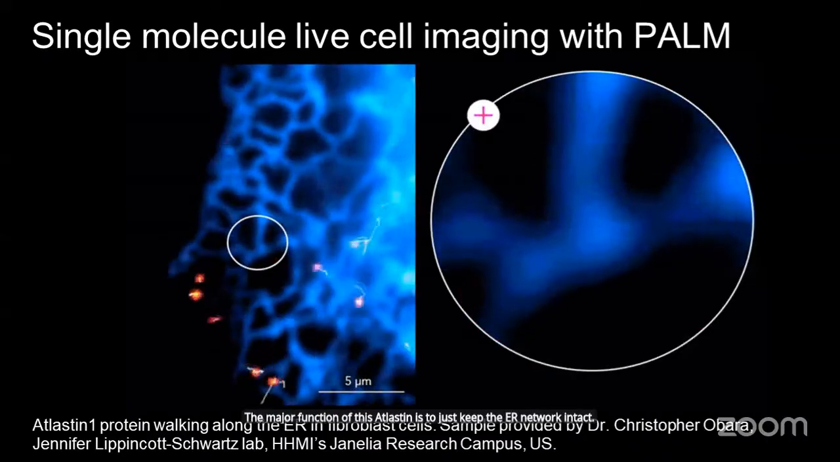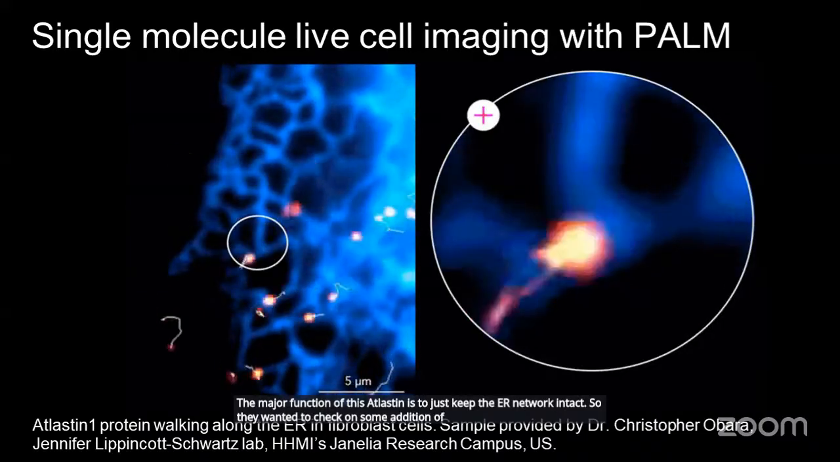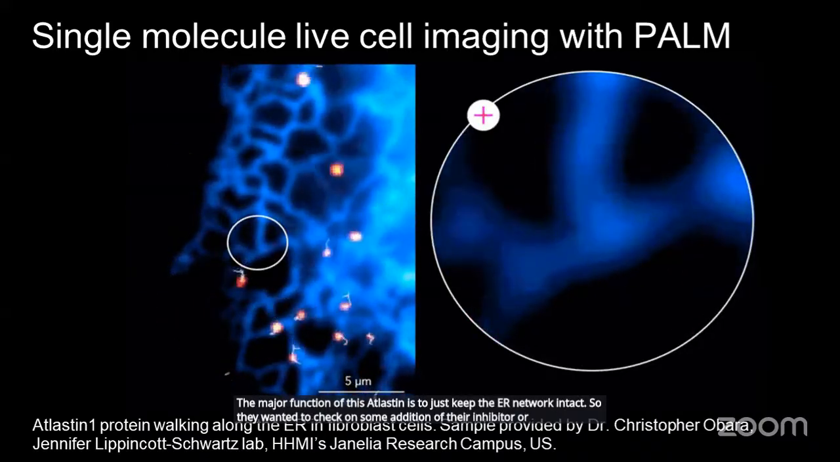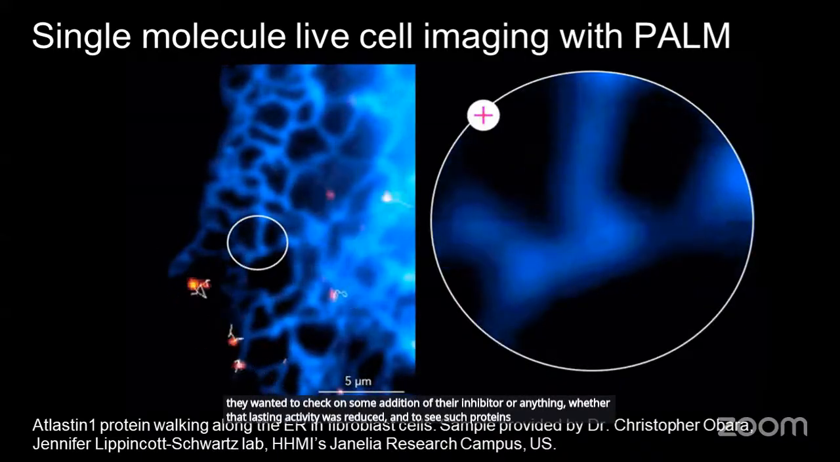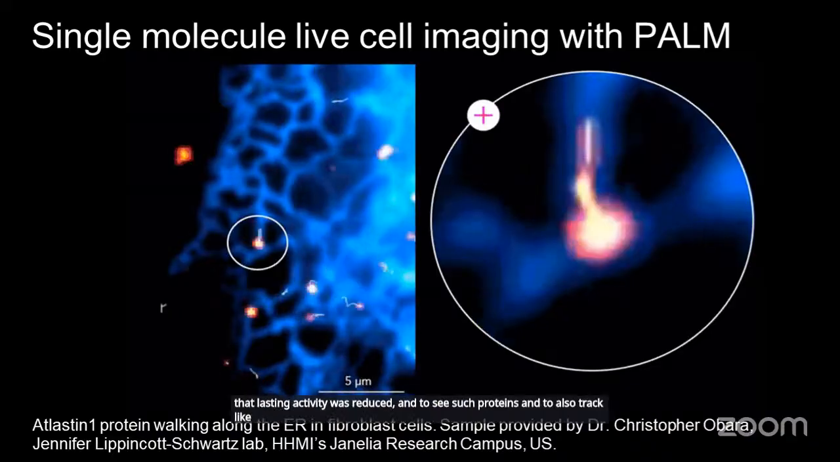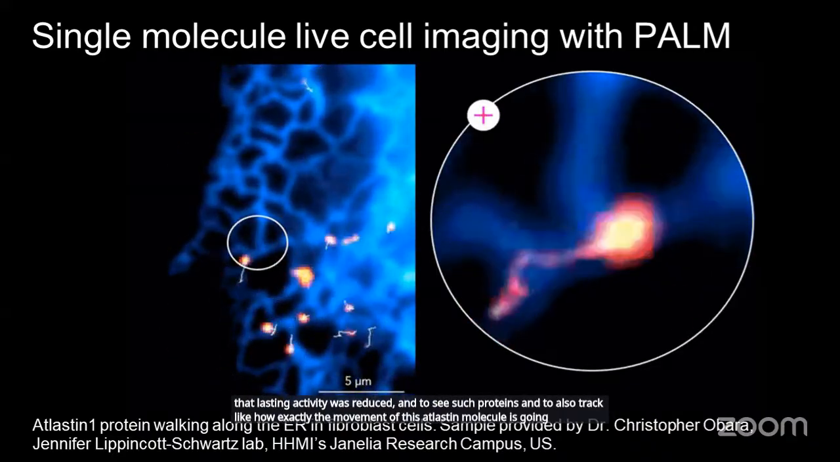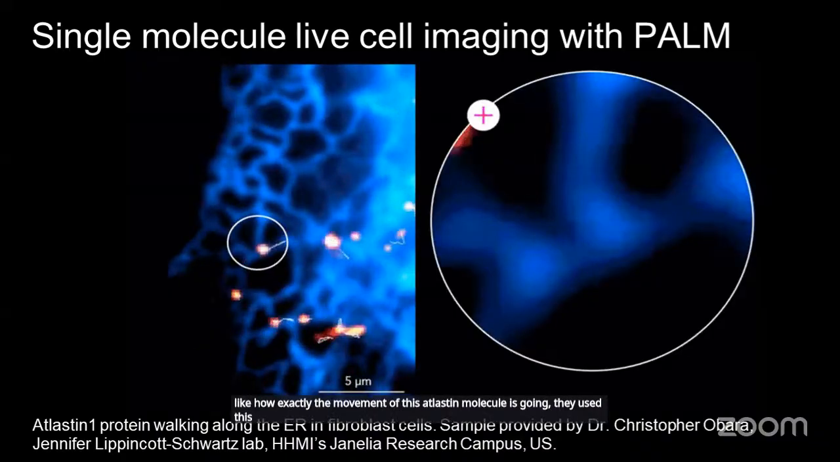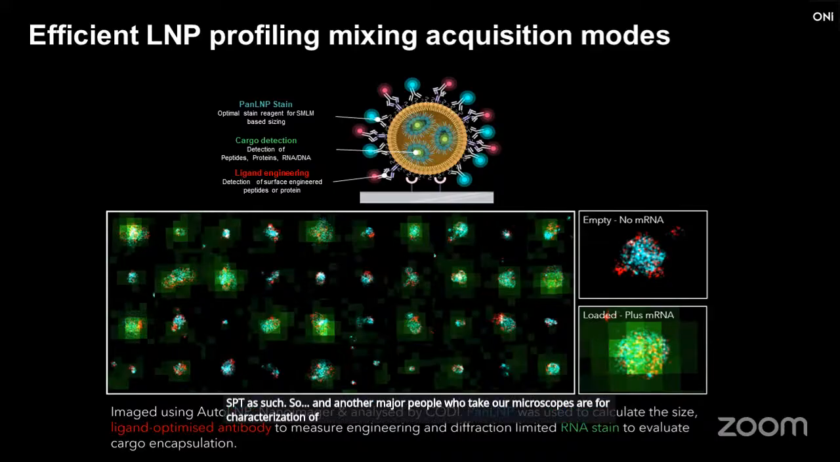So they wanted to check, on addition of their inhibitor or anything, whether the atlastin activity was reduced, and to see such proteins and also track how exactly the movement of this atlastin molecule is going. They used live cell with SPT as such. And another major use for which people take our microscopes is for characterization of LNPs,